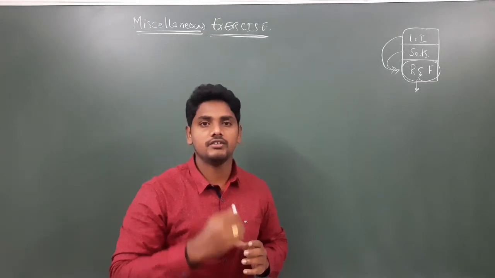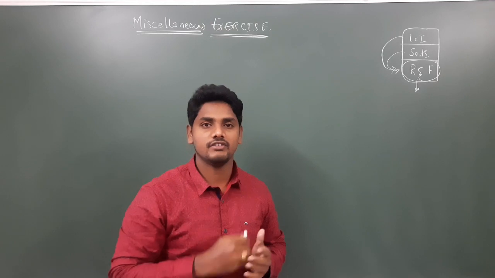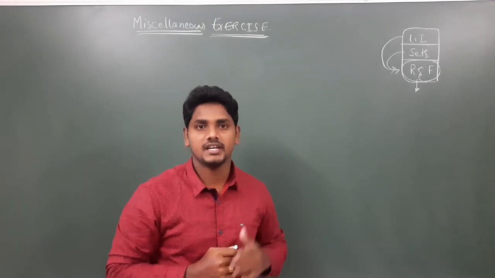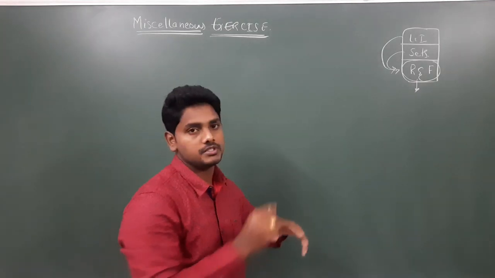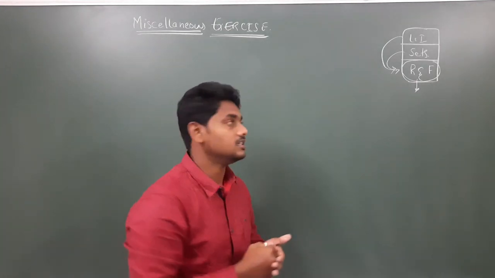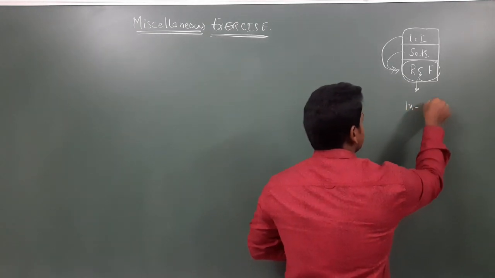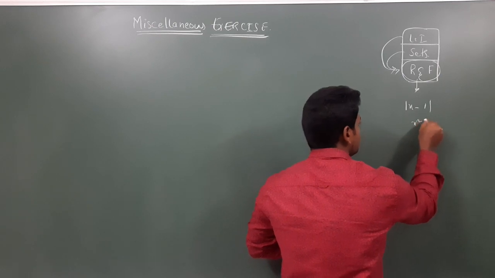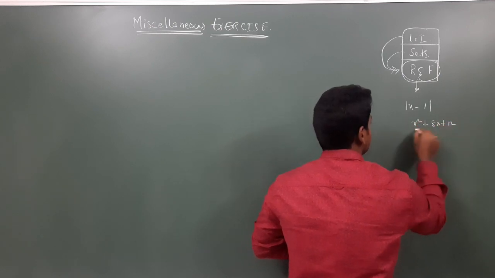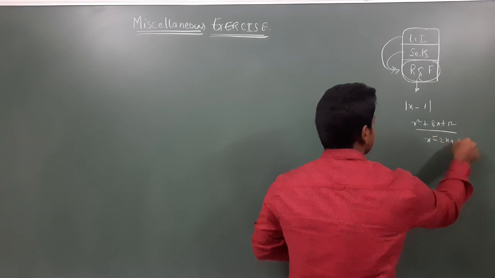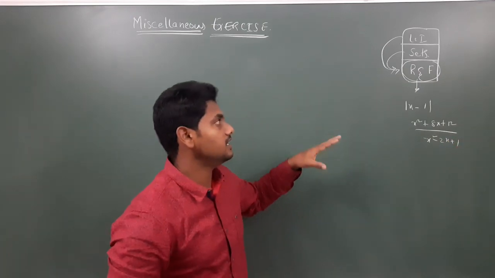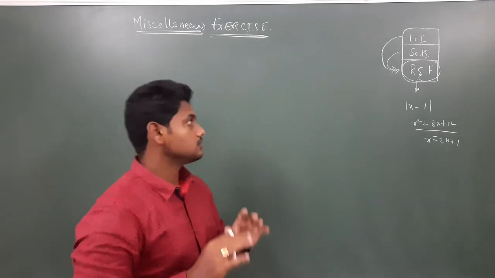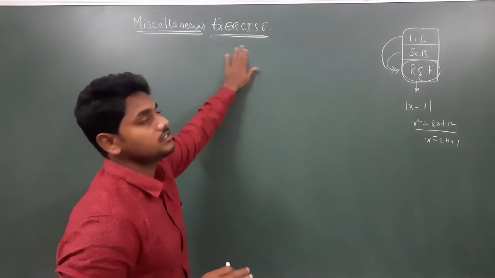Now, in this miscellaneous exercise we have the questions we will discuss today, and some of the questions are already done. Those questions were given as assignments previously. Those are like finding the domain and range of p by q forms, if we have a root, if we have mod x, like the root of mod of x minus 1, and finding the domain of x square plus 8x plus 12 divided by x square minus 2x plus 1. These types of problems, finding domain and range, have all been given as assignments. So now we will complete the remaining questions of the miscellaneous exercise from this chapter.